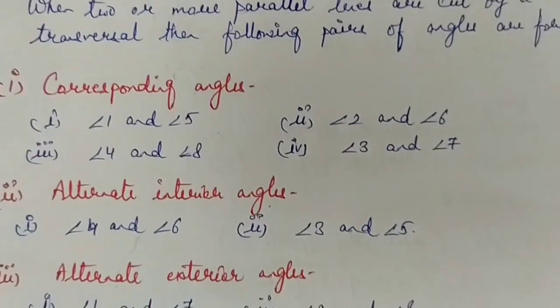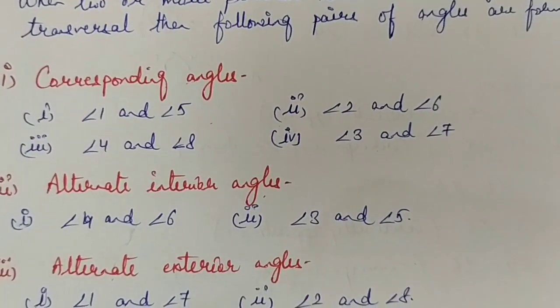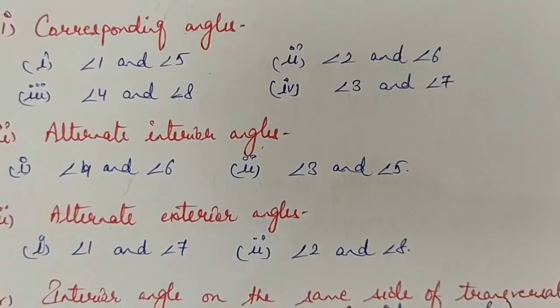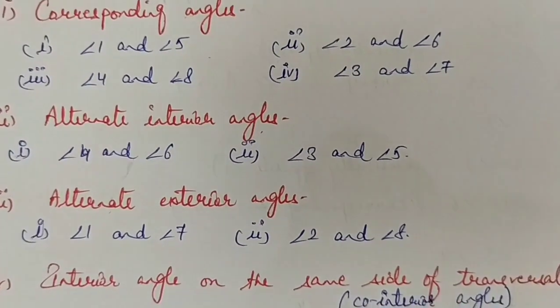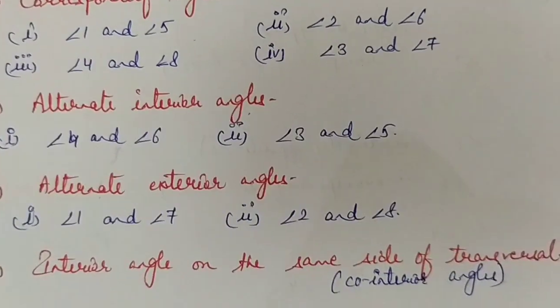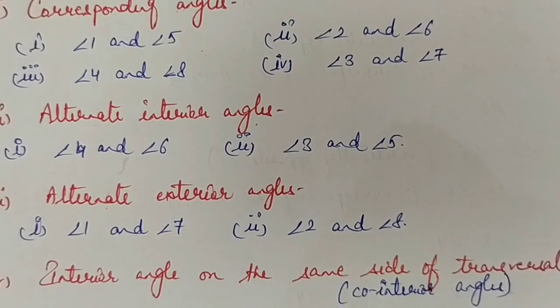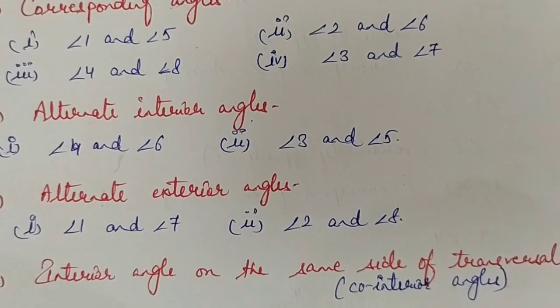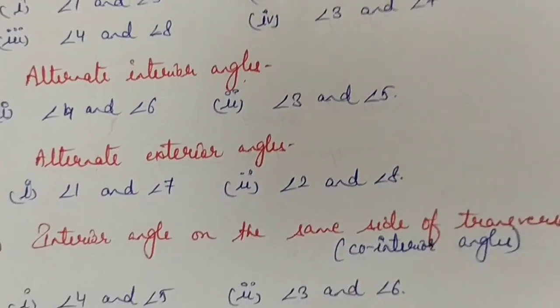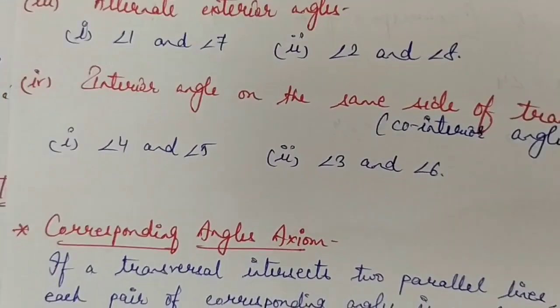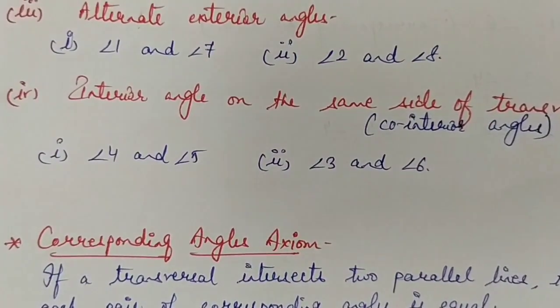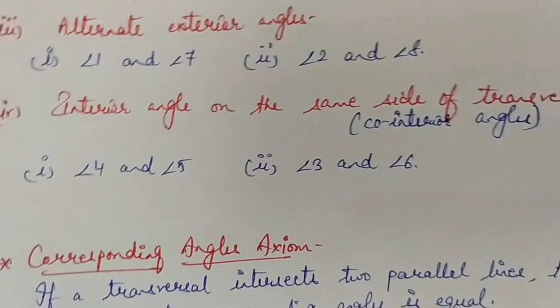So when two or more parallel lines are cut by a transversal, these type of angles are formed. Now we will learn one by one about the characteristic or property of these angles, that what they do. So first one is your corresponding angle axiom, जो आपकी बुक में मेंशन है as axiom 6.3,